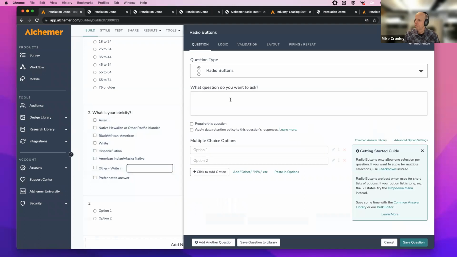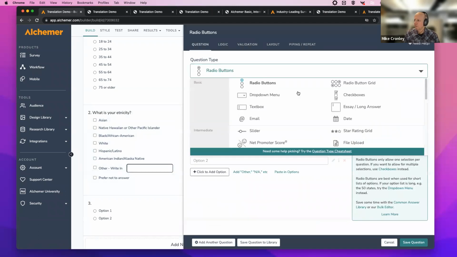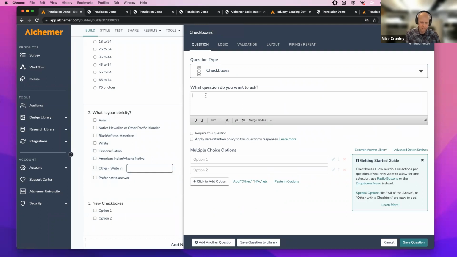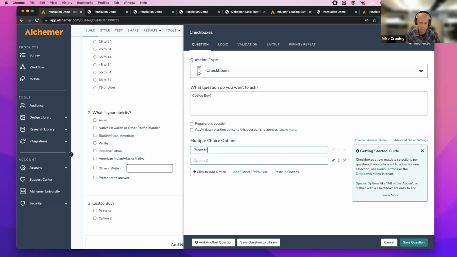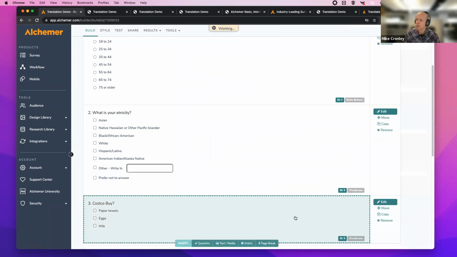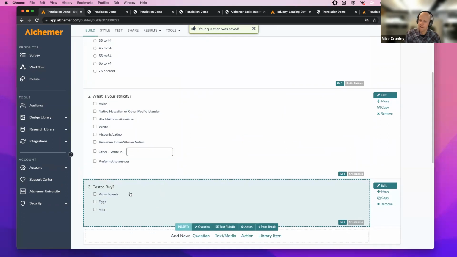So I'm going to put in a checkbox, and this is more in the lens of, hey, at Costco, what do you buy most frequently? Kind of question. And it's like paper towels or eggs, they're just random things, right? Or milk. So I don't want this bias effect.